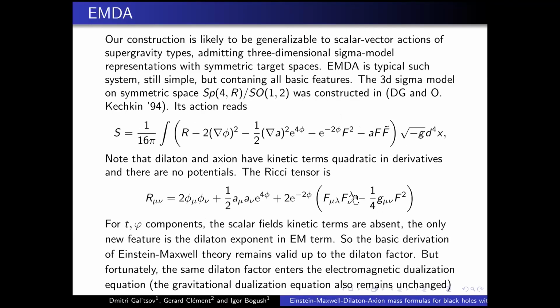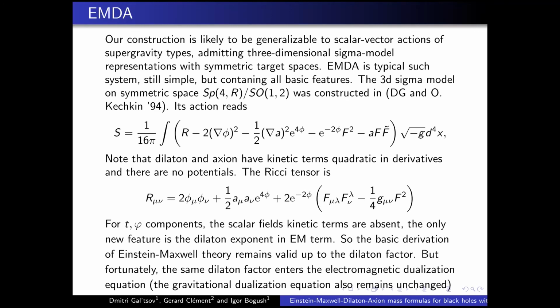And the total momentum will be AM, as expected. Now we would like to generalize this to EMDA, as an example of supergravity actions which have many vector fields and many scalars, but such a structure which contains axion and dilaton. One of the pleasant features is that the tensor enters through the bulk contribution to the mass. In the stationary axisymmetric case, it doesn't contain scalar fields at all. So it is only the electromagnetic part multiplied by dilaton. But this multiplication by dilaton reduces to a redefinition of the electric charge.